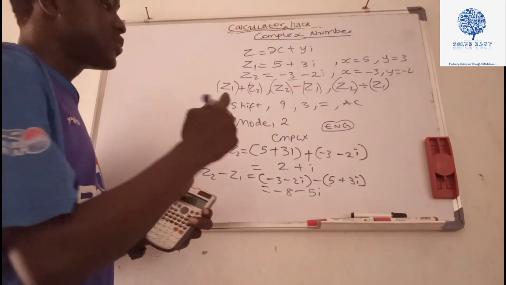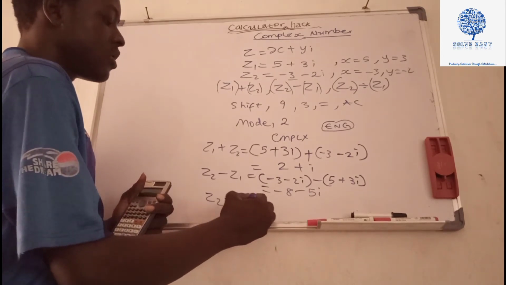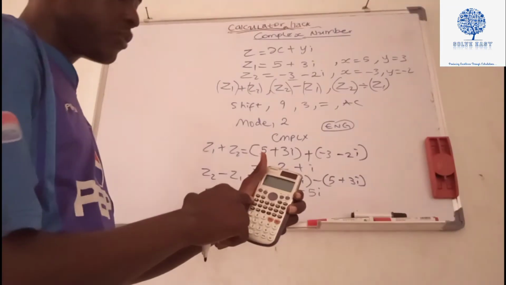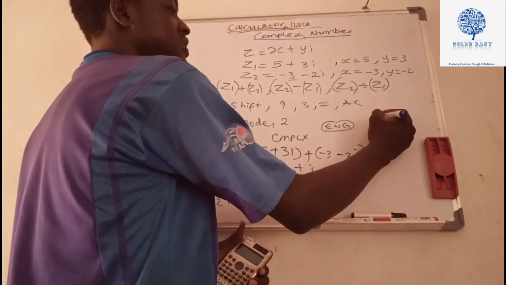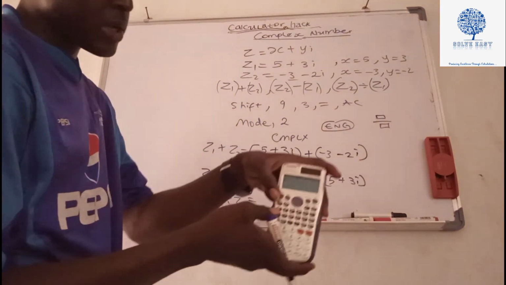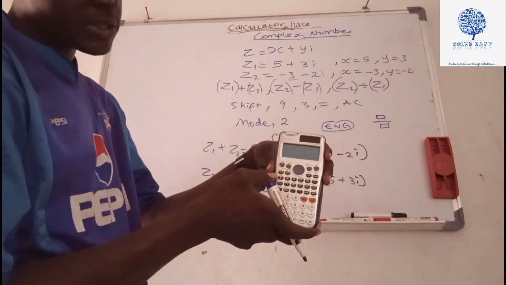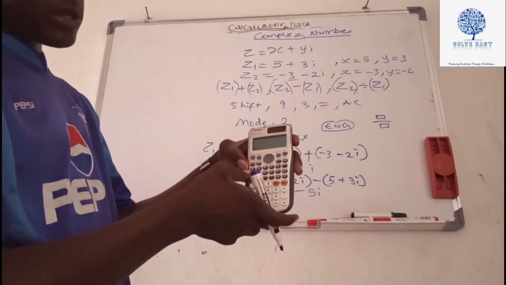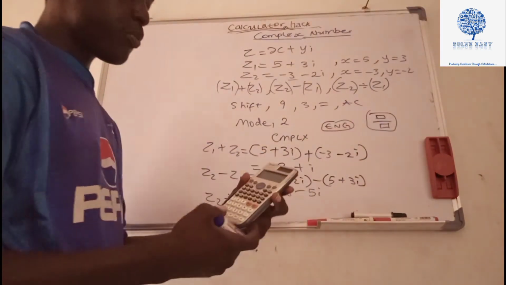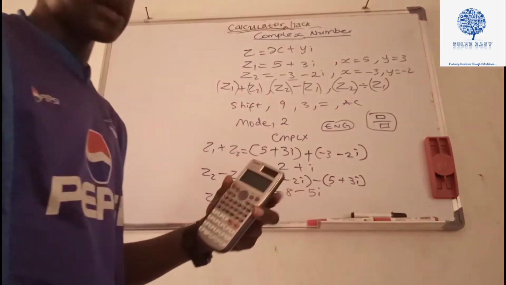Now at z2 divided by z1, all we need to do is press our fraction button which says this over this, and we have our fraction button under our calculate button which says CALC. Underneath our CALC button we can find our fraction button. So now you punch your fraction button on the calculator, you should have something appearing like this on your